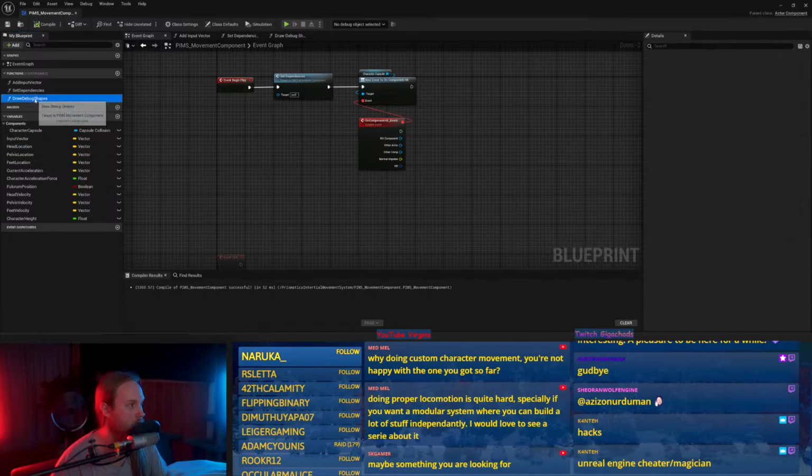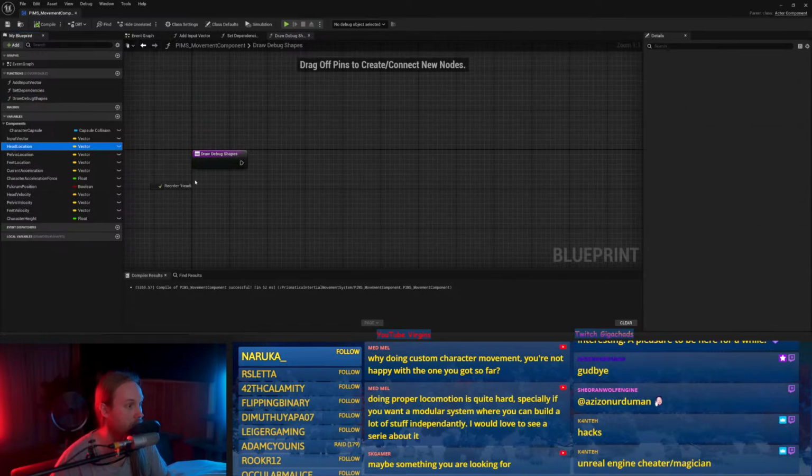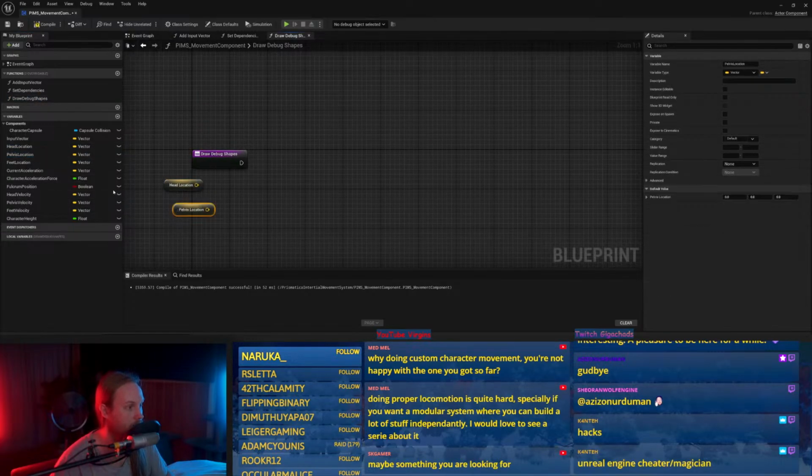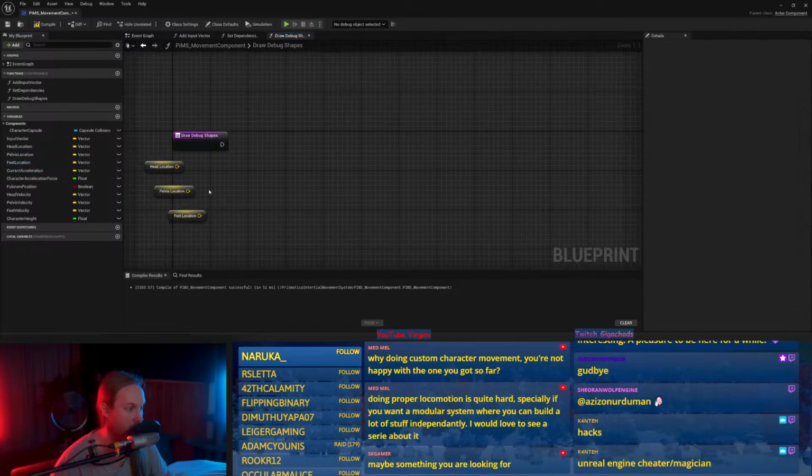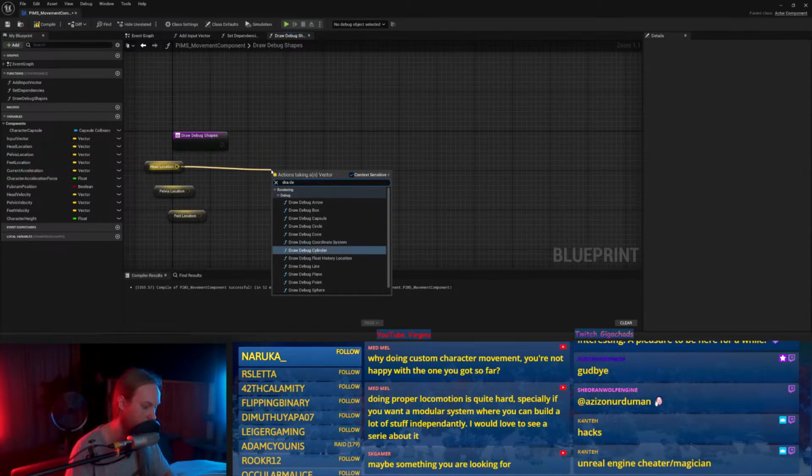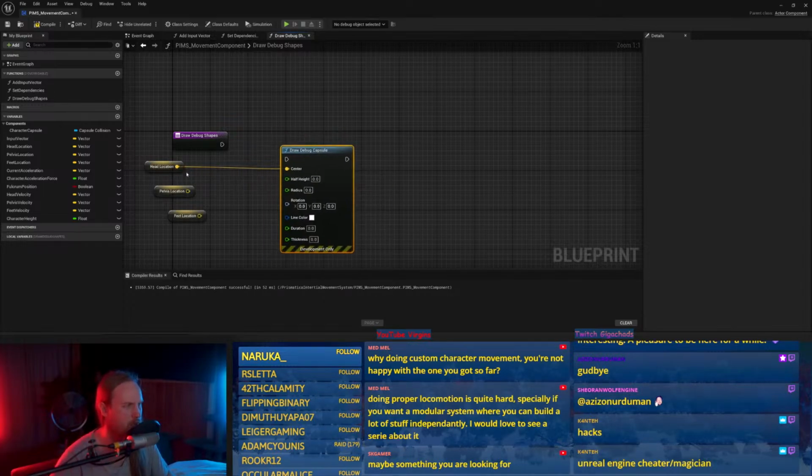And then debug shapes, we're just going to get location, location, location, and draw debug. Wait, does capsule go from one to the other?